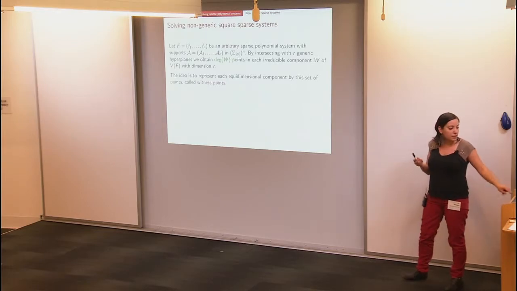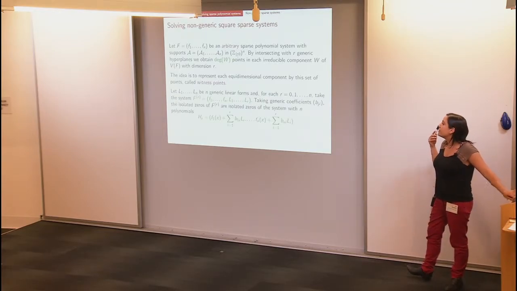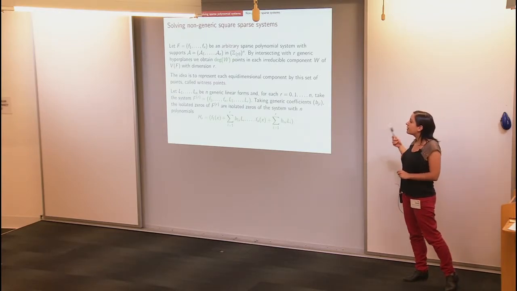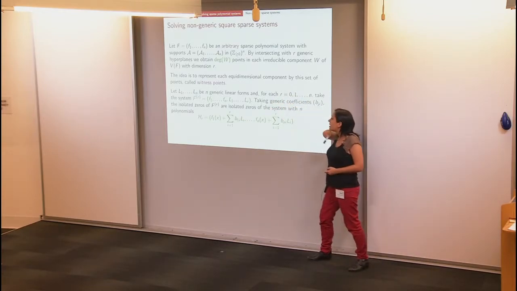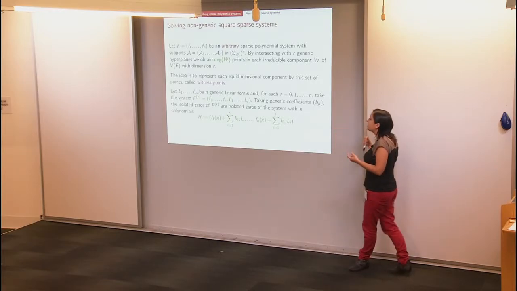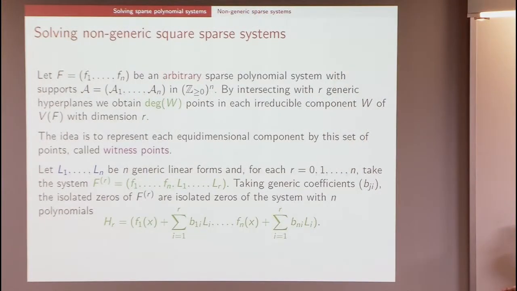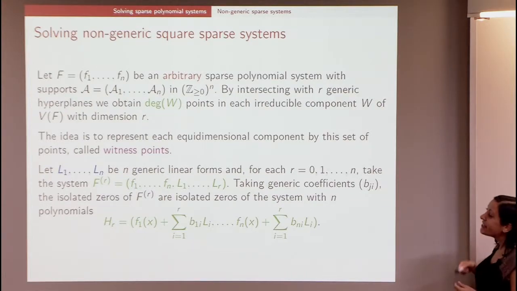The basic idea is that if we add generic linear forms to our system, then it is known that every time I say it is known, I think that I'm reading too much Game of Thrones. Okay, it is known that